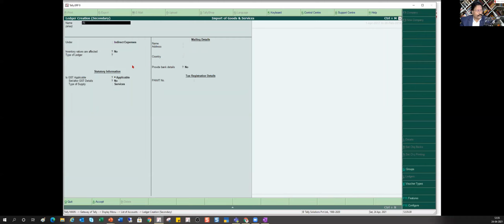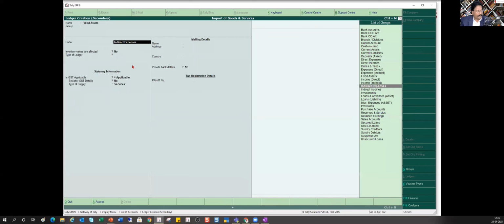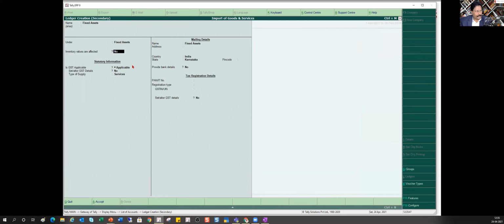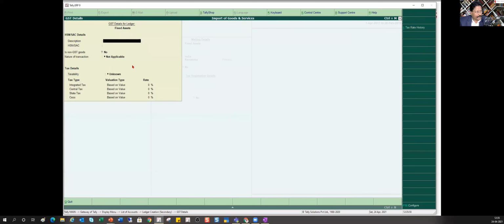Okay, so here I'm saying that this is a fixed asset that I'm buying, and this is going to be under fixed asset. Now, if I'm eligible for the GST credit, I'm going to say applicable. And one important thing that you have to do here is you mark it as yes.